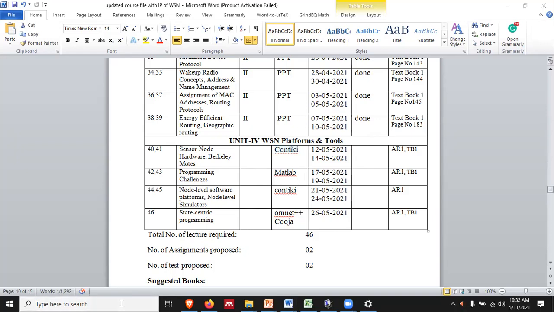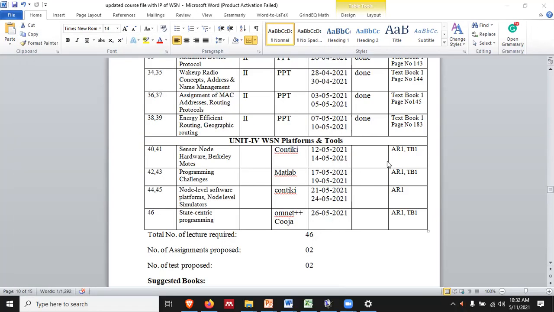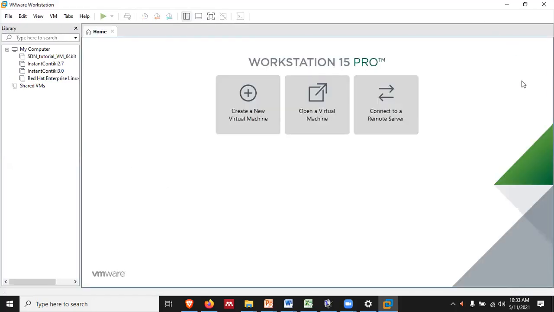So the first thing that you need to install is the VMware Workstation Pro, that you can easily get from filehippo.com, right? So once you install the latest version from filehippo.com, this type of screen will appear on your screen, right? This window will appear, and over here you get three options, that is to create a new virtual machine, to open a virtual machine.